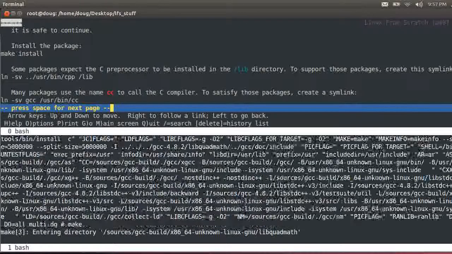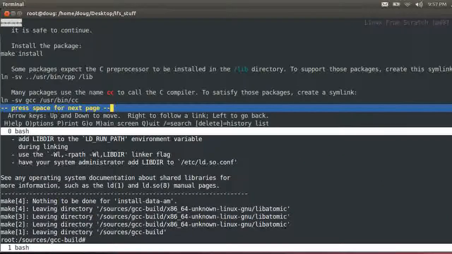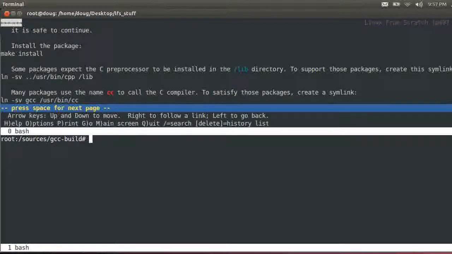But, I said some errors are bound to happen, and it depends on if you can push through them or not. And that's that. So now we have to say ln -sv